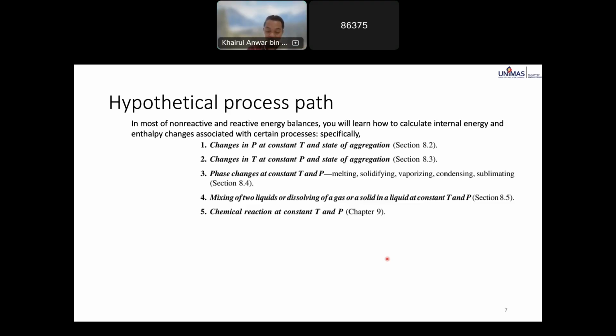Sebab dia ada changes in temperature, changes in pressure, constant temperature, phase changes. This is all under non-reactive. Maksudnya dia tak ada reaction. Mixing of two liquid. So all of this, 1, 2, 3 berapakah mixing dia untuk